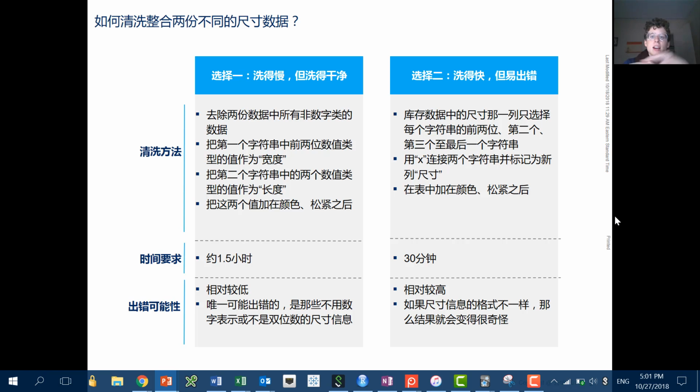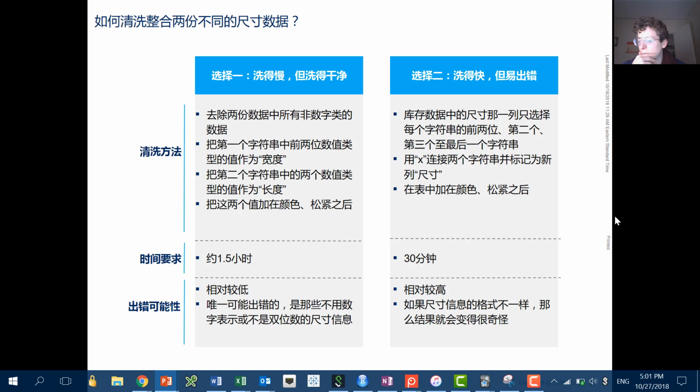And this is a better approach, but it's going to take a while because you have to make new columns. You have to be exactly precise. You have to use a regex format, which just means that you have to parse through the data. So option one: long, it's going to take an hour and a half, but clean. It'll clean most variants of the data. And then I thought of option two.